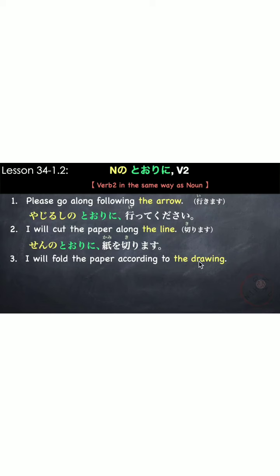Our noun is drawing and our verb is fold, which is 折ります。So we say 図 or drawing or figure 図の通りに紙を折ります。